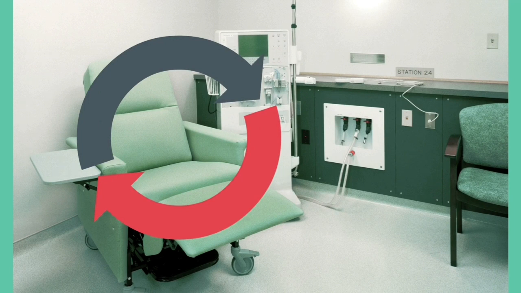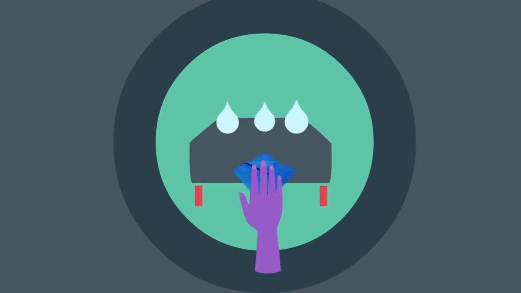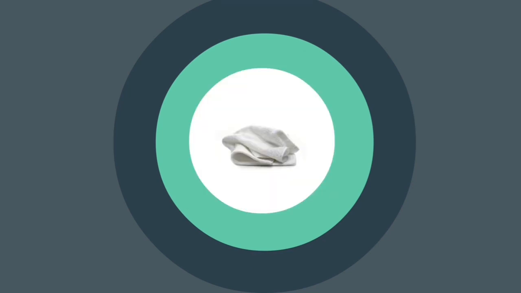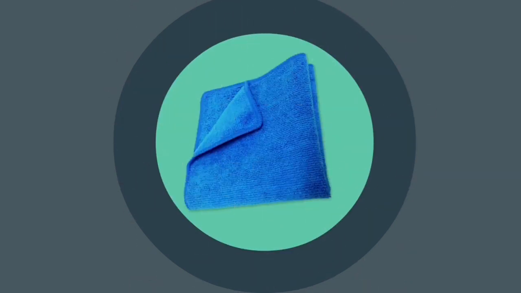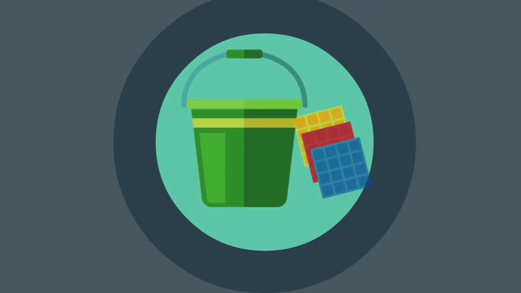the risk of cross-contamination. When using a disinfectant cleaner, wet the surface, use friction to clean, and allow to air dry. Fold the cleaning cloth in a series of squares to provide a number of potential cleaning surfaces. A wadded cloth does not clean efficiently. Replace cloth as needed. More than one cloth may be required for a patient station. Never use the same cleaning cloth for more than one patient station. Never re-dip a used cloth into clean disinfectant solution.